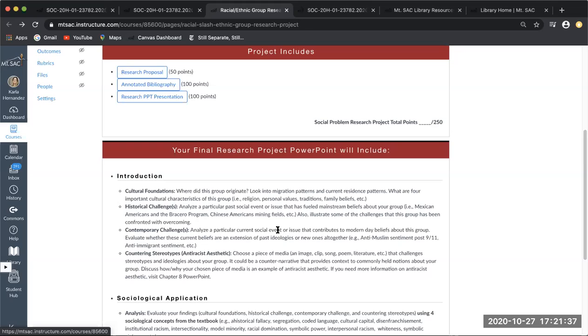This is probably the section that students have the hardest time with, just because, I'm not gonna lie, they didn't look at chapter 8. By the time we get to chapter 8, it's going to be towards the end of the class. So at this point, you are probably submitting your PowerPoint presentation before we even cover chapter 8.